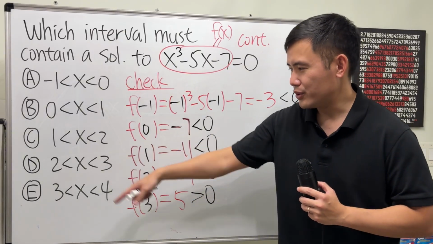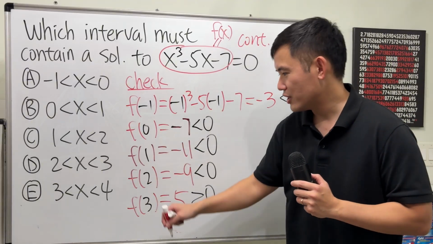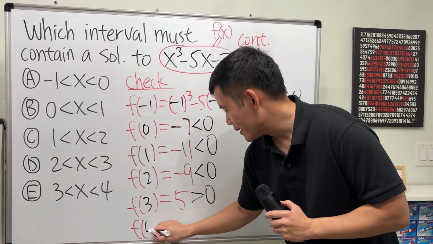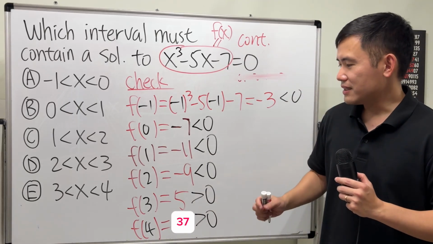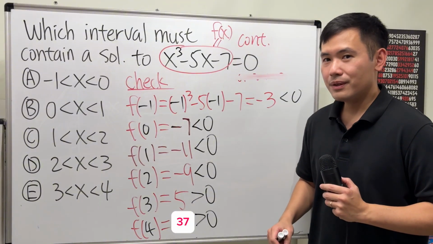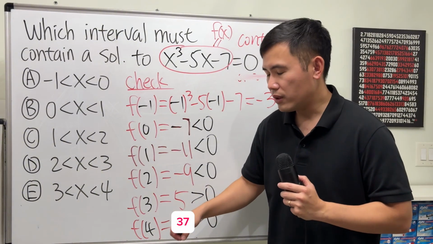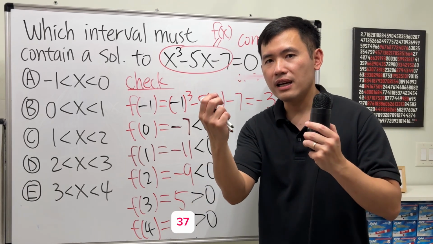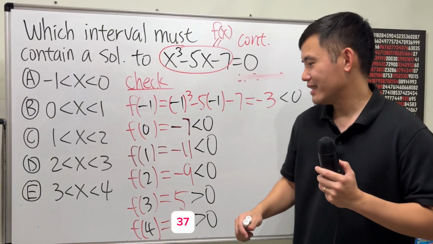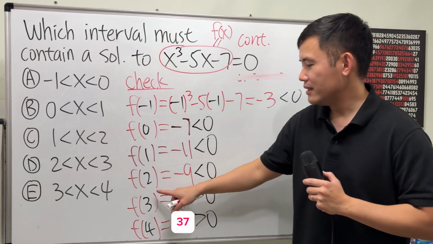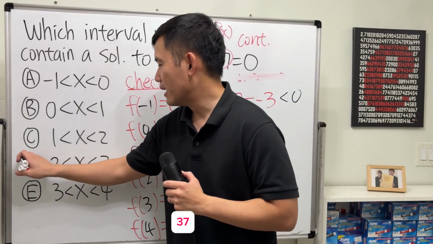But just to be sure we don't have two answers, or maybe I made a mistake in the equation, let's check when x is equal to 4. That's positive, but here's the thing. Between 3 and 4, the end values are both above the x-axis, so we cannot guarantee the graph crosses the x-axis. The only thing we can guarantee is that the graph does cross the x-axis between 2 and 3. So the answer has to be